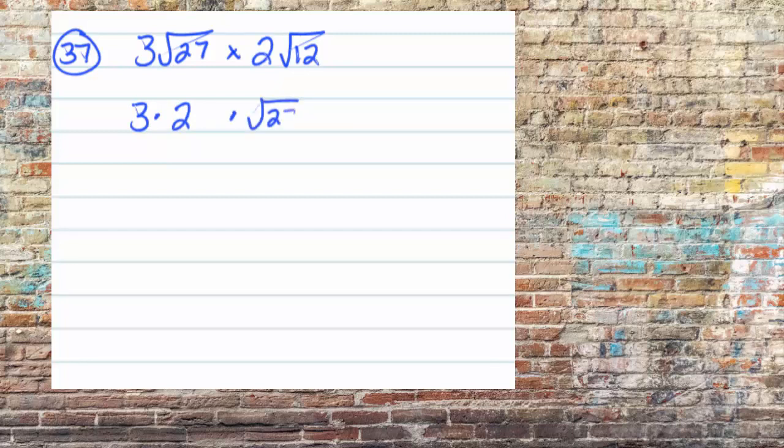Problem 37. 3 root 27 times 2 root 12. So again, I'm going to multiply 3 times 2 times root 27 times root 12. Notice I left myself a little bit of space for the radicals so that when I'm simplifying them, I can write out their factors. 3 times 2 is 6. Root 27